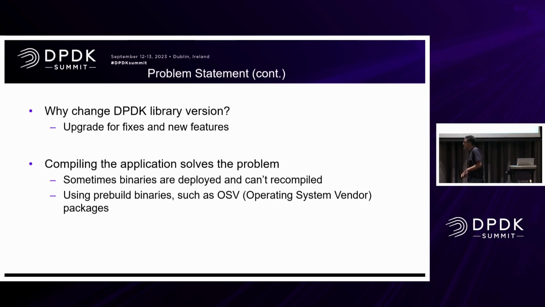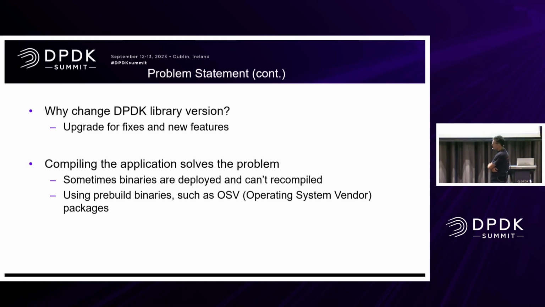If this is causing problems, why are we changing DPDK library versions? Let's stick with 2.2 or even 1.8 from six years ago and keep using it. But now, of course, DPDK will get updates, and we want to reflect those updates. And of course, for new features, we need them. And the other thing I said: if we compile the application with the new library, that works fine. So why not do that? That's an option, and probably many users are doing that.